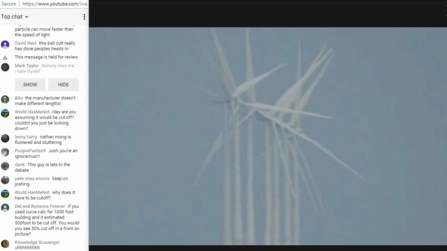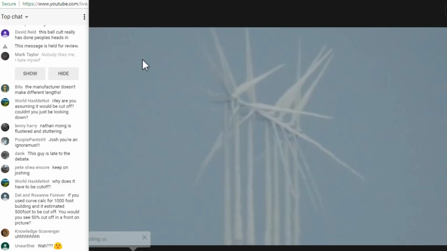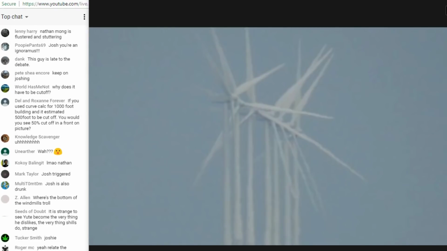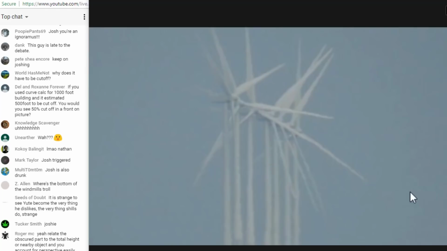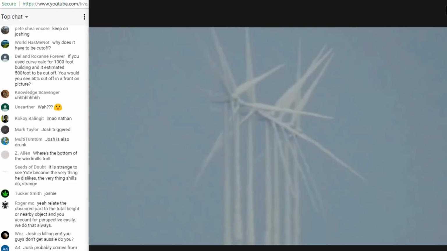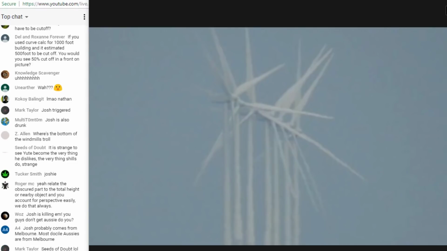According to the curve calculator, these are going over the curve of the Earth. Would you agree with the curve calculator in its assessment of what we see of a series of 10-foot walls going further into the distance, that they are going over a curve? Yep. You would agree that these are curving in conformity with a sphere Earth, Josh? Yeah, it kind of looks like it. Kind of looks like it?